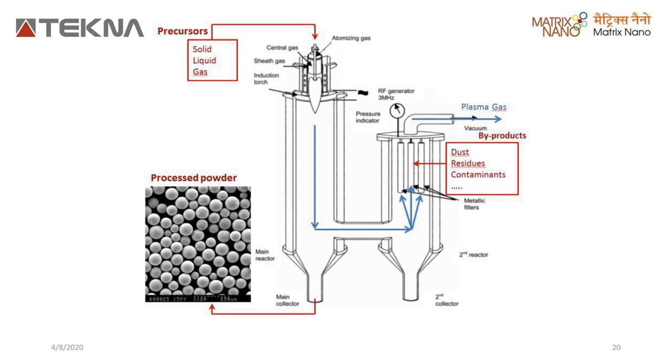So you have a torch which is on the top here. If you see here, you have a torch, and you have a precursor which is either solid, liquid, or gas, which is inserted into this. And this, along with certain gases, comes down the torch into a reaction chamber where it is all in ionic state. Then you have a certain gas which is usually inert like nitrogen or argon or helium, which quenches it at certain positions to make it at certain sizes and shapes.